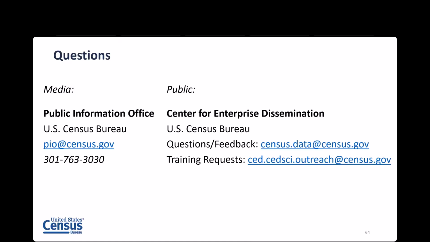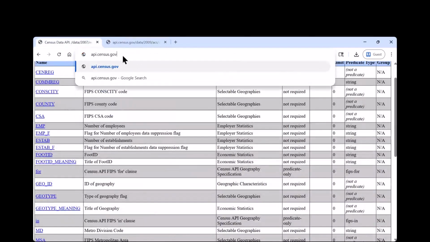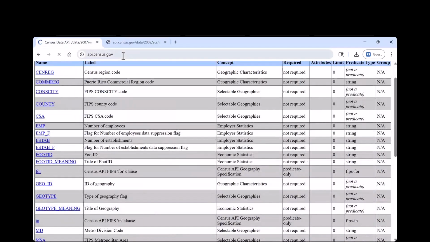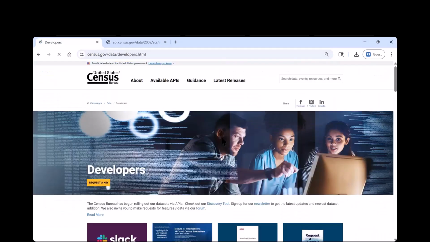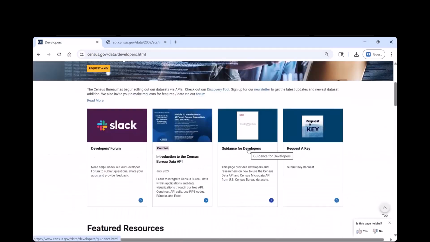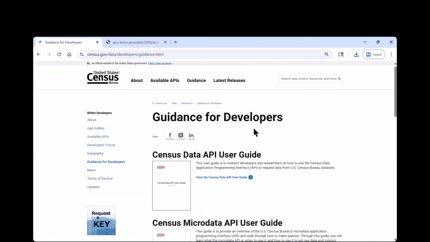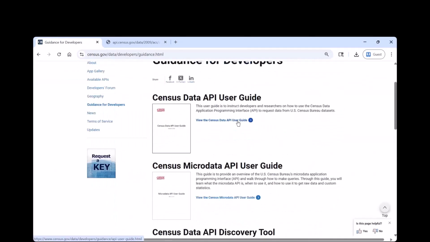And now finally, Sam, someone asked if you could share the text that they have to add to download the data. I thought this might be a good opportunity where you can show participants where this information lives in the developer site. Yeah, so there's some helpful information on the developers page here. So again, back on the developers page, api.census.gov is a quick way to get there. And if we go into the guidance for developers option, and we go into the user guide here,